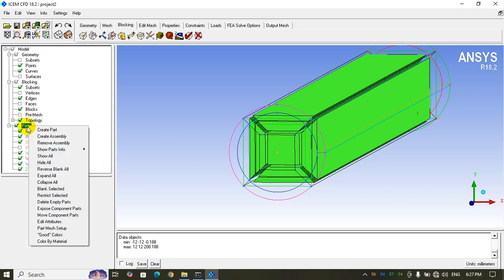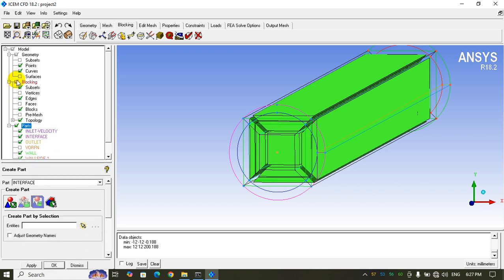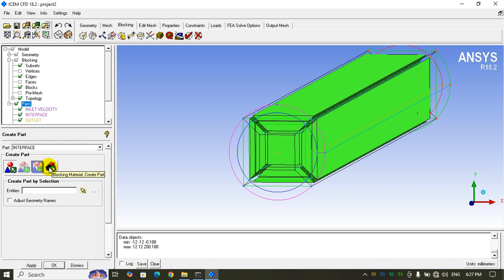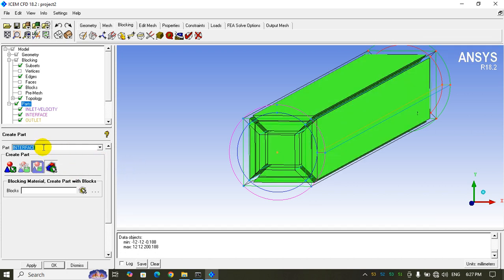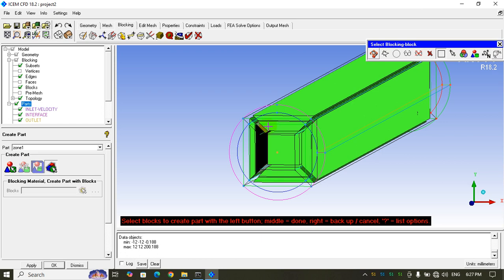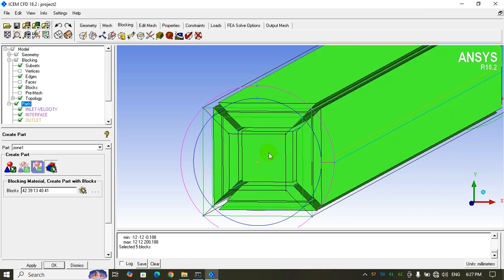In order to do that, I will right click on the parts, create parts. This is just like the way we assign the names, but at this time we need to select block material. And also before that we need to set a name. I name it as zone 1, and then click this one. So we need to select, okay, I zoom in, select these blocks, okay, and